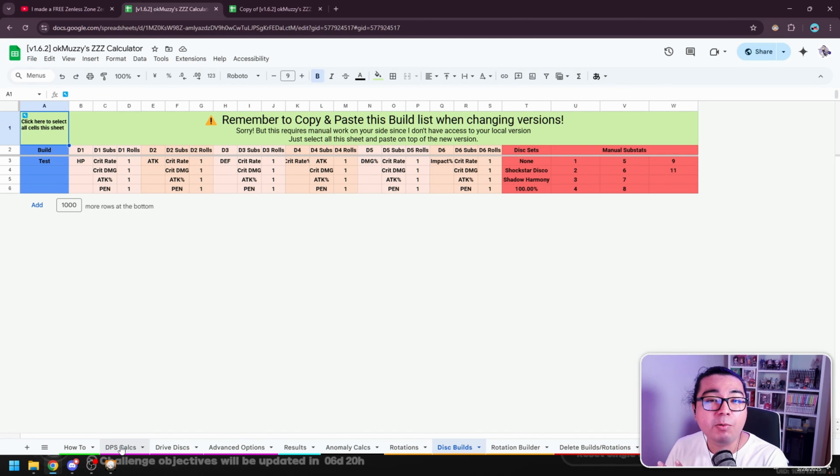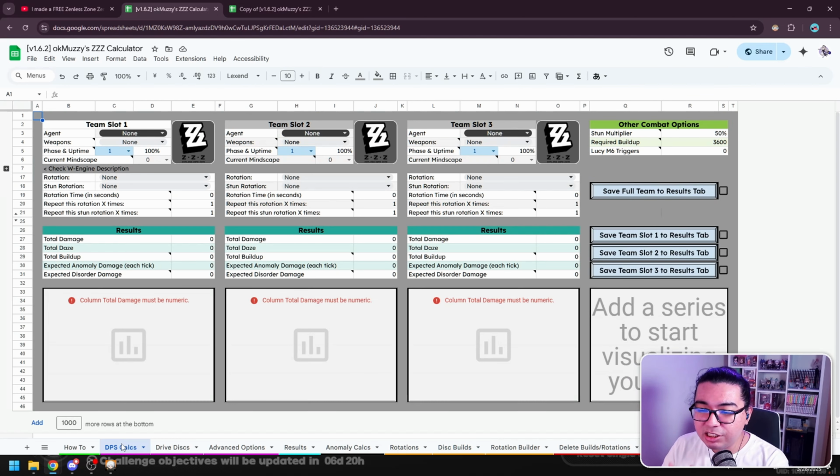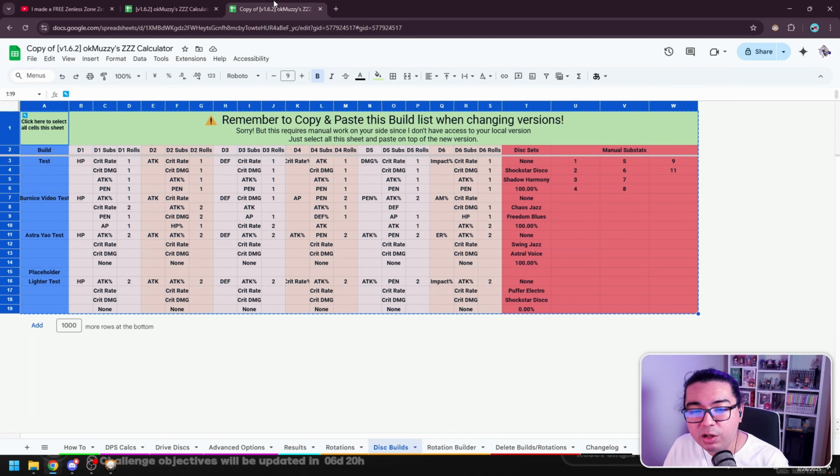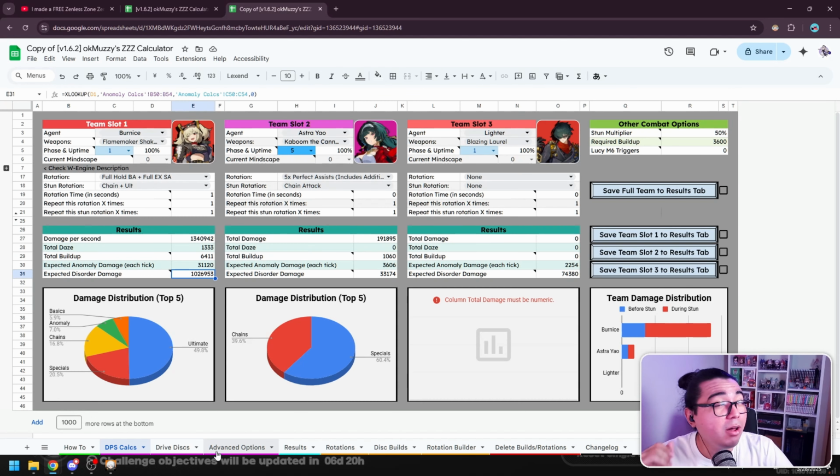Because as I said, I want to remove the hassle of thinking about buffs, like avalanching attack, Burnice's after burn damage, Lighter's impact, which gives fire and ice damage. I want to remove all of these things, and I want to give you just the damage number. That's what I want you to focus on. The anomaly is super finicky. Anomaly is going to have some small problems when you're trying to test these things, but I did my best to make sure that the numbers are going to be as close as possible to what we have in the game,